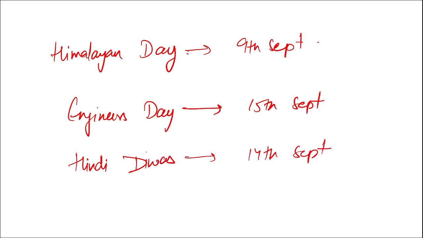हिंदी दिवस कब ऑब्ज़र्व किया जाता है? 14 सितंबर को आपका हिंदी दिवस ऑब्ज़र्व किया जाता है। और एक चीज़ और, 15 सितंबर को ही इंटरनेशनल डे ऑफ डेमोक्रेसी भी ऑब्ज़र्व किया जाता है, जिस दिन इंजीनियर्स डे भी होता है आपका। ठीक है, फिर नेशनल फॉरेस्ट मार्टर्स डे कब ऑब्ज़र्व किया जाता है? ये आपका 11 सितंबर को ऑब्ज़र्व किया जाता है।